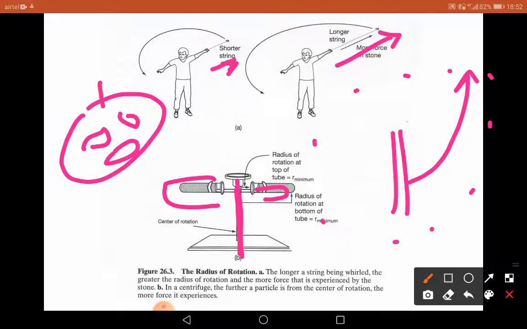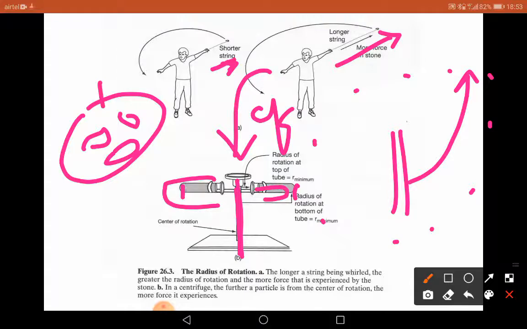So here it works on this particular force called the centrifugal force. By applying the centrifugal force, the objects that have higher density will settle at the bottom first. When we take a cell lysate, plasma membrane and cell wall material will be the first fraction to sediment. Then when we remove that and enhance the speed, the second thing we get is the cell membrane. So whichever has more density will settle first, then lower than that, then lower than that.